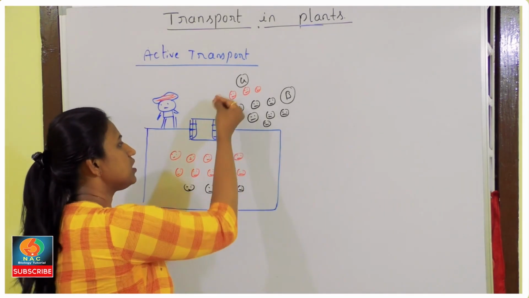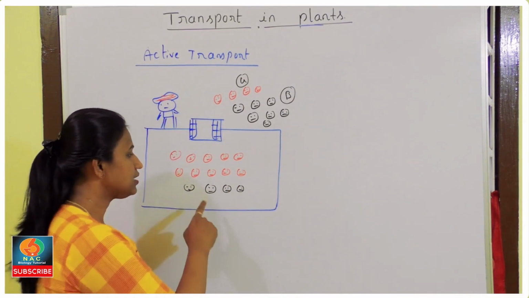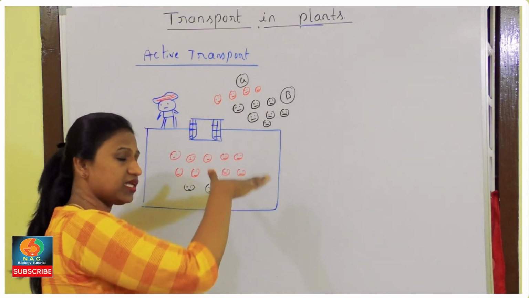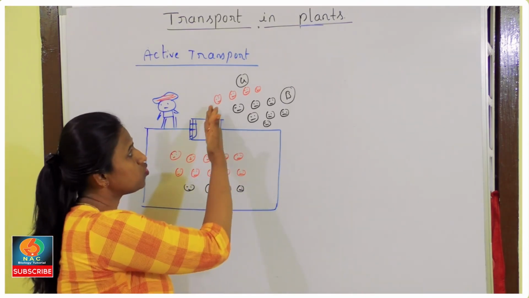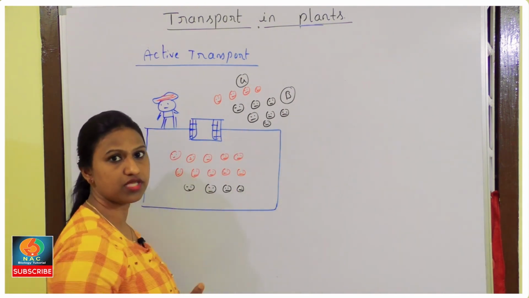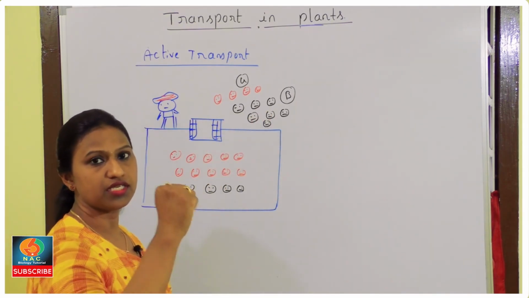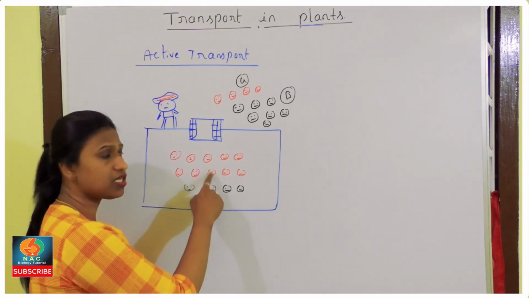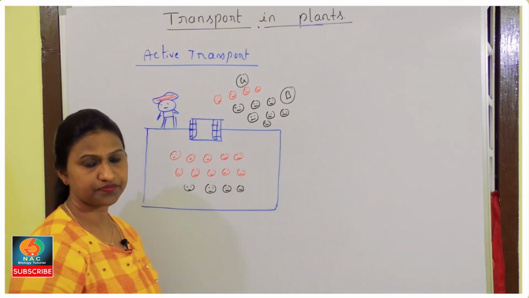Now, all girls want to get inside, but this watchman is not allowing them. Like that, all boys want to go outside, again the watchman is not allowing, because he says we have to maintain the concentration. Already more girls are inside, so how can I allow you girls to get inside once again? The same applies for the boys. Already more boys are outside, how can I allow more to move out? He is a very strict officer. He is not allowing anybody to get inside.